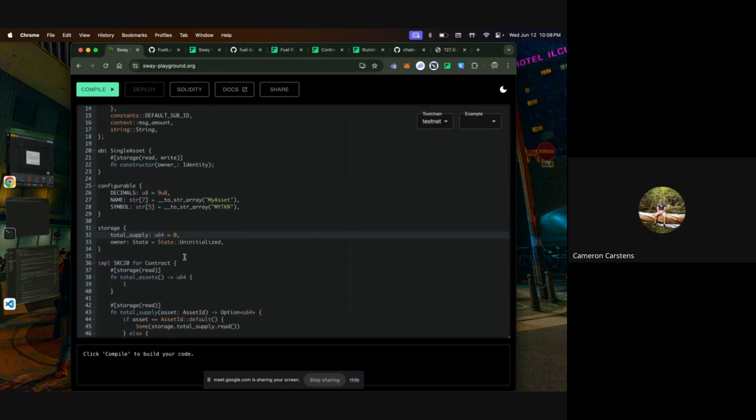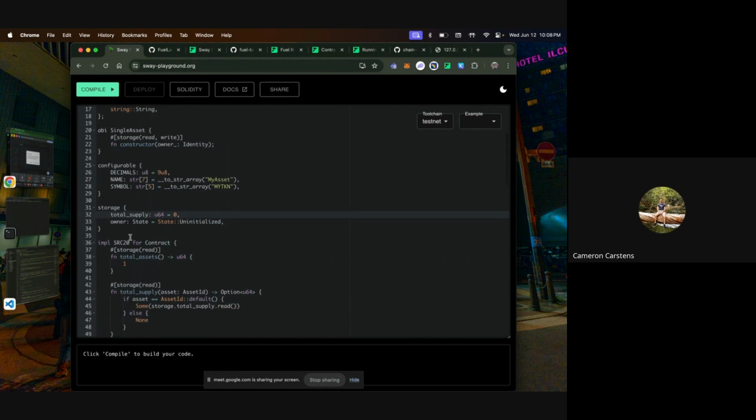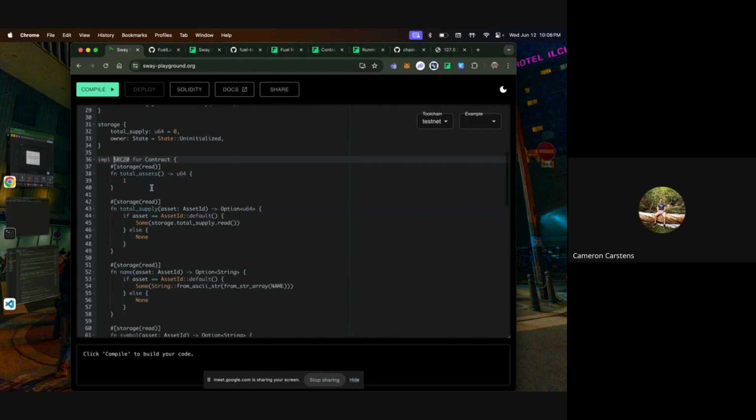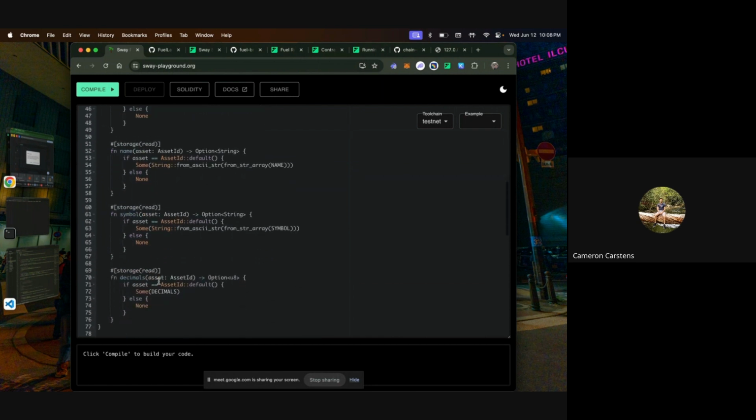And we have some nice standards for everyone to use. We have the SRC20 standard, which is our equivalent of the ERC20 standard, specifically for native assets on Fuel. You can see here these are our implementations.